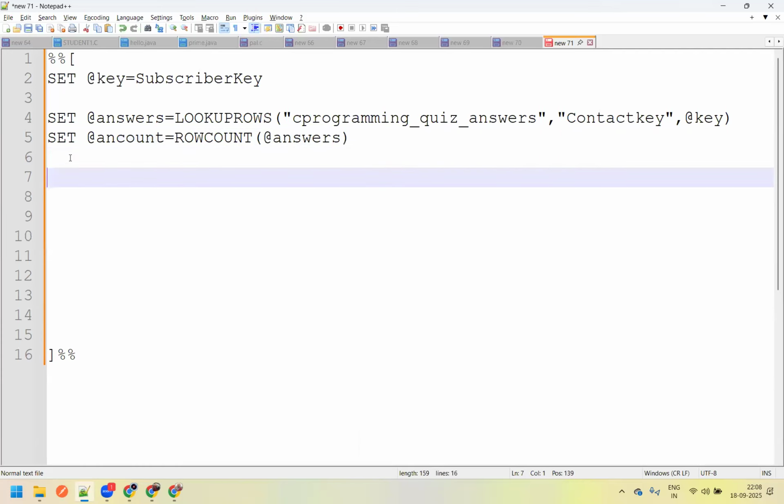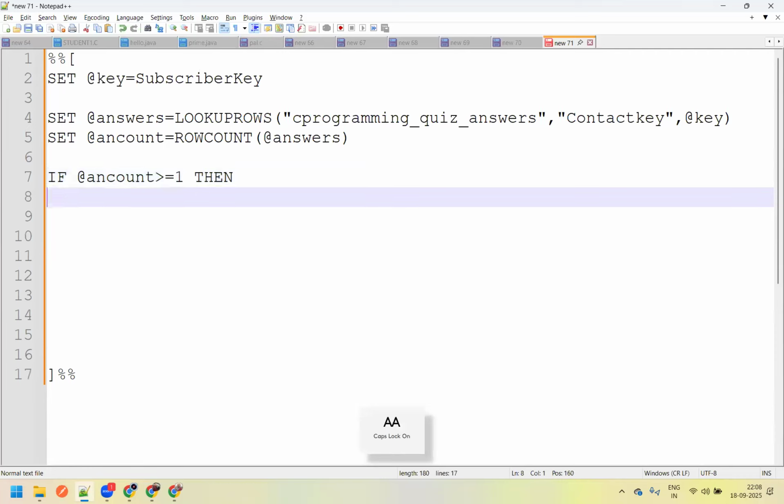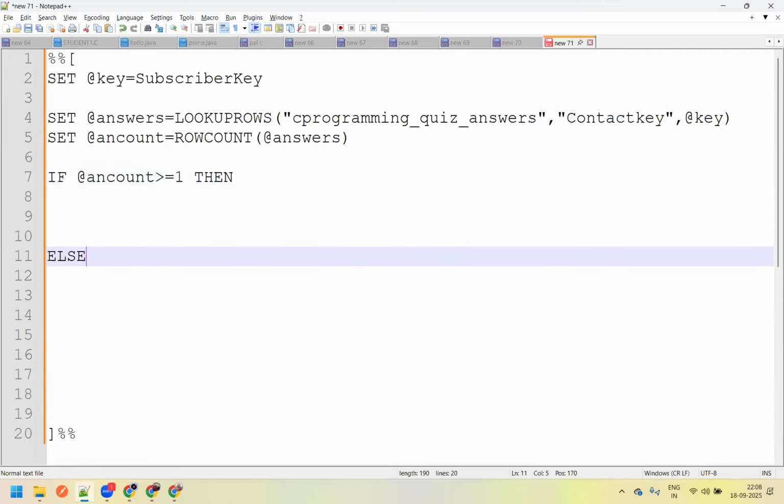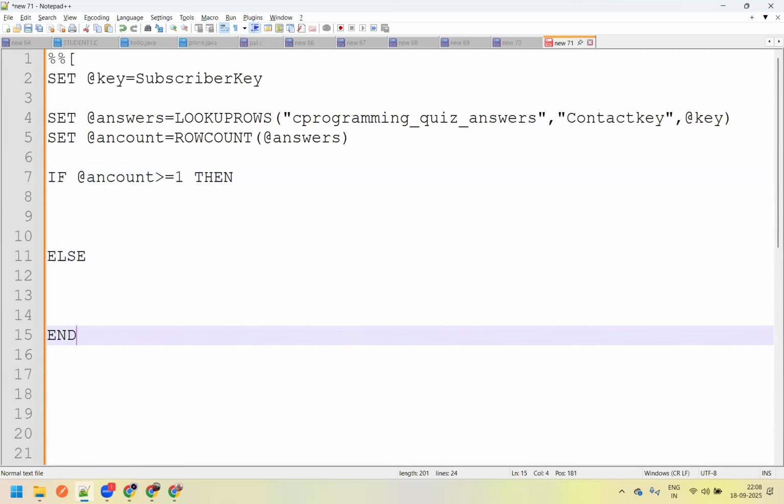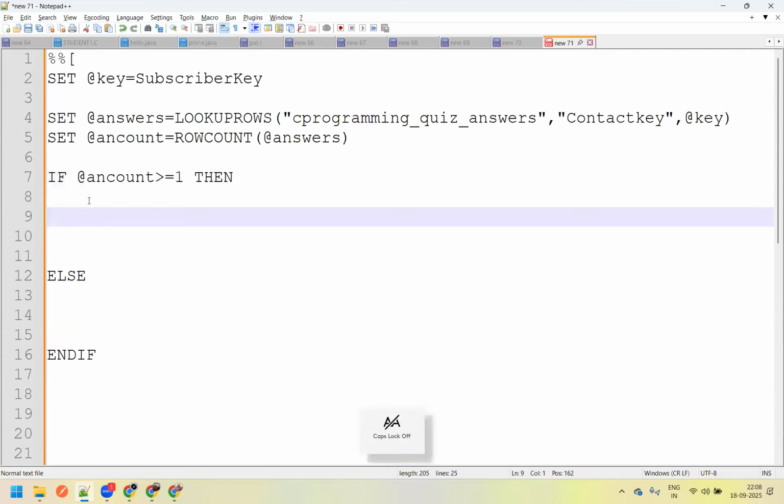I would like to display the information. If at answers count is greater than or equal to 1, then, else. And if the answers count is greater than 1, I would like to display their answers